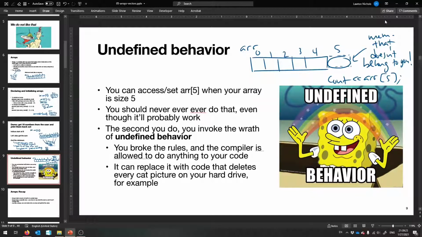Okay, so you should never ever do this, but it will probably work, assuming you're just looking one thing after it. It'll probably be another variable in your program, actually. The issue is, when you do something like this, if you look at the value, especially if you set the value, you've